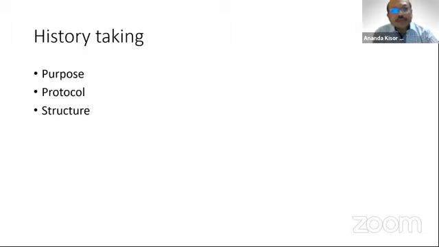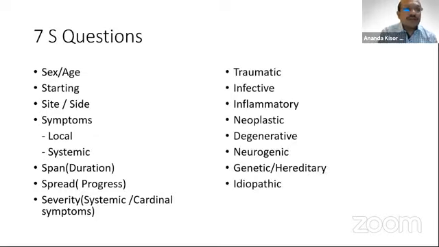Next is the protocol. I'm not going into detail. There is the history of chief complaints, followed by the history of present illness, past illness, personal history, family history, the immunization history for a child, and the menstrual history for a female. This is the basic structure, and I'm just going to highlight these